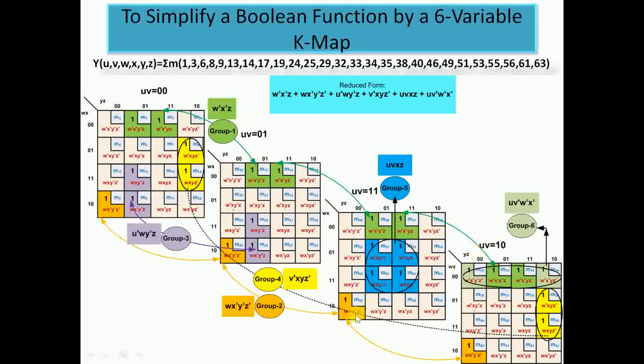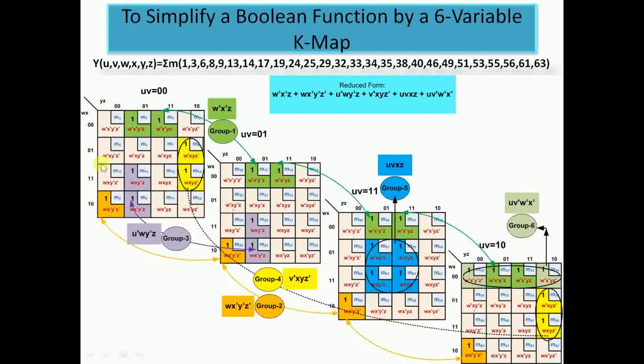Now I'll come on to group number 2, which is again the cornered minterms from all the maps. So again the U and V variables will be eliminated. Now we'll focus on any of the maps. Suppose we focus on the second map where W is 1 and X is 0, so we have W X bar, and for this cell we have YZ as 0 0, so we have Y bar Z bar. So for group 2 the reduced form is W X bar Y bar Z bar.